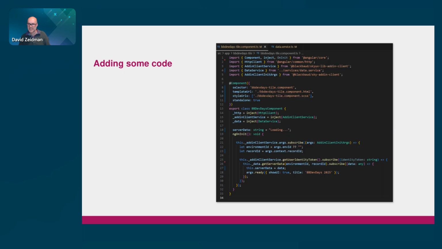So the next stage is to add some code into our main component. As you know, there are three parts to an Angular component, or potentially four if you're doing tests. The three parts are the TypeScript, the template, which is HTML, and then the CSS. So we're only looking at TypeScript. The HTML is pretty standard, just displaying something. The TypeScript in this case,